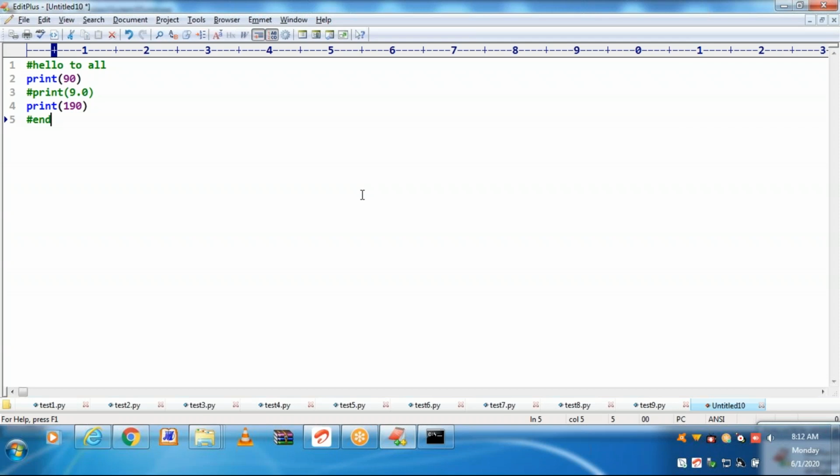Only the interpreter runs the program. There is no compilation step.